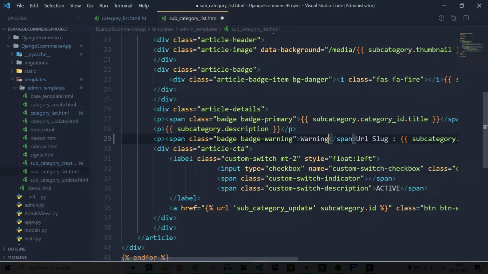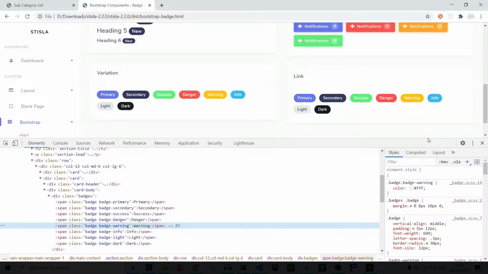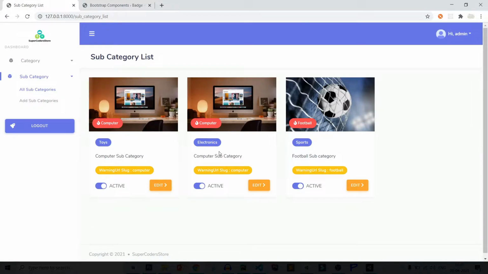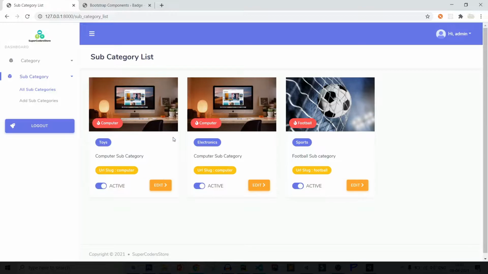Cut it and paste it. Save it. Refresh page. You can see it is looking perfect. After that, let's leave it.